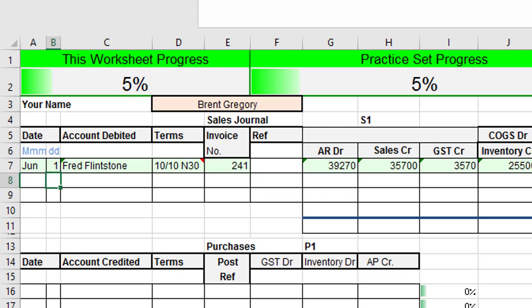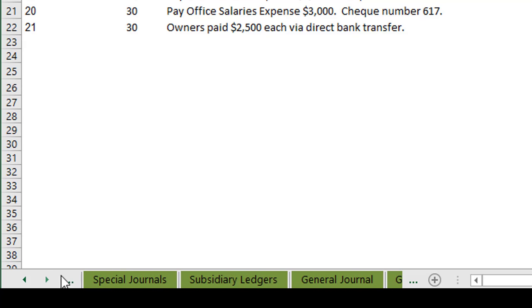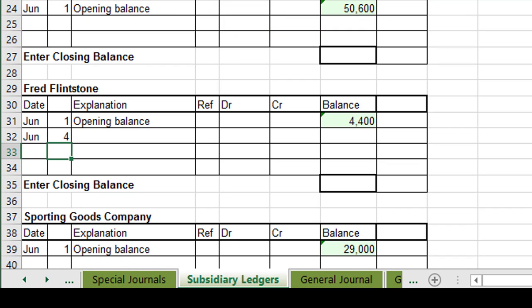Now special journals, and as we said, we need to go to the accounts receivable subsidiary ledger. We'll do this on the right side of the page. Accounts receivable, subsidiary ledgers, accounts receivable, down to Fred Flintstone. We've got in there June 4. We know that is June 1. We have a transaction. Now we'll write in there an explanation, which is